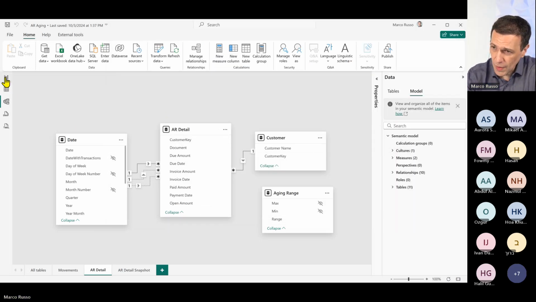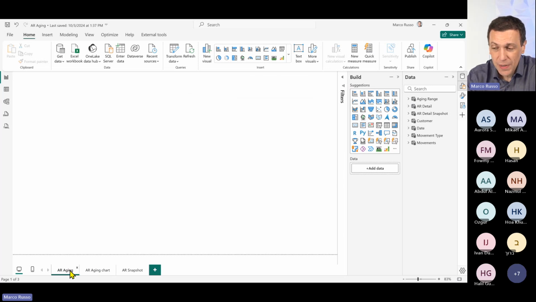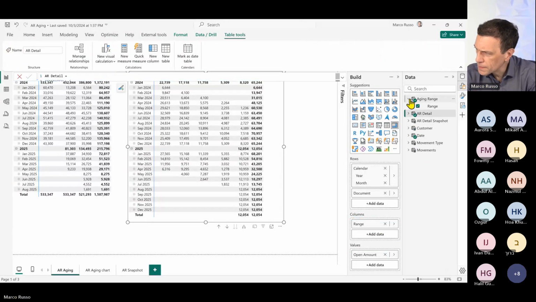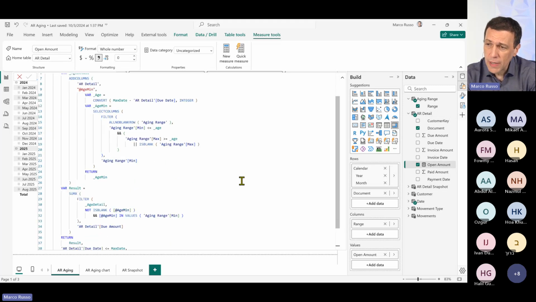So at this point, by just using the data that we have here, we can create this other report. You see that this report has, for every month, the amount due split by aging time. You can see the buckets here. In this case, I had to create a measure. If you look at the measure here, the measure is open amount. Open amount is a measure that we have defined in this AR detail, and this measure has a certain complexity,